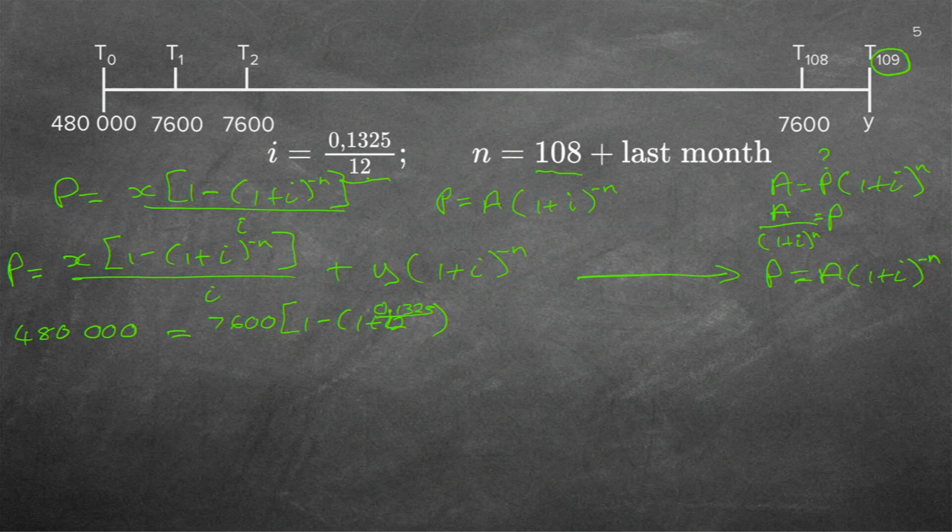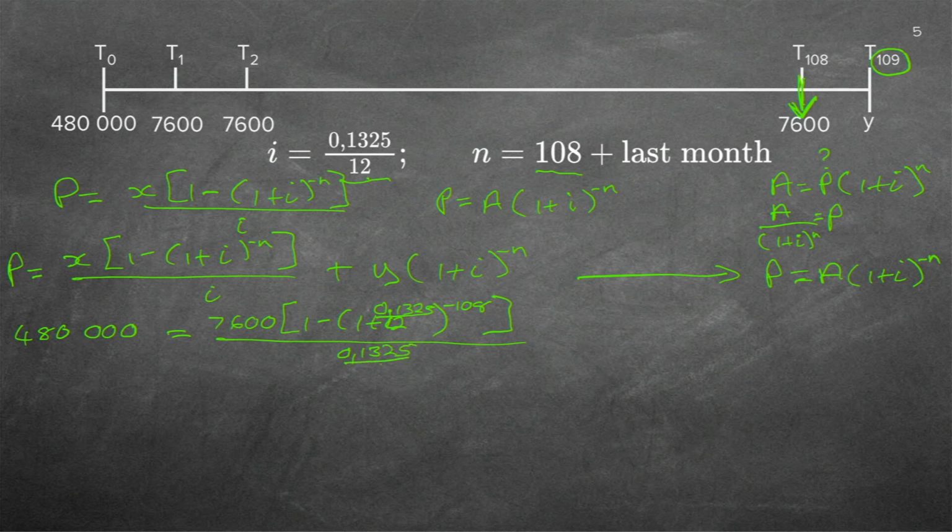What is the n you're using here? The 108, because it's only for 108 months up to there that you are actually paying the 7,600. So it will be minus 108, all over